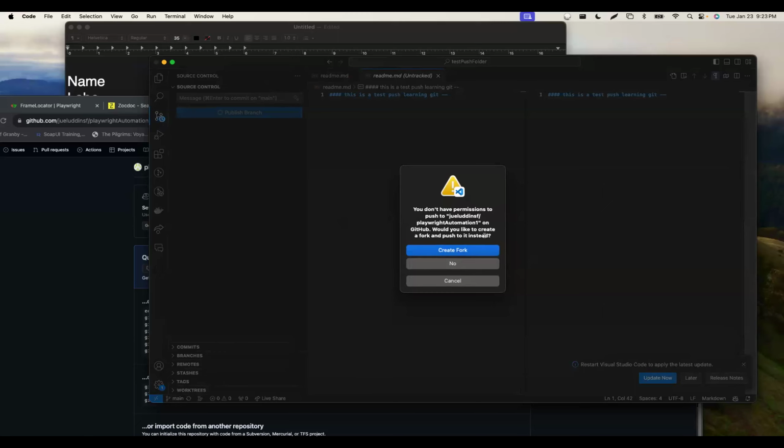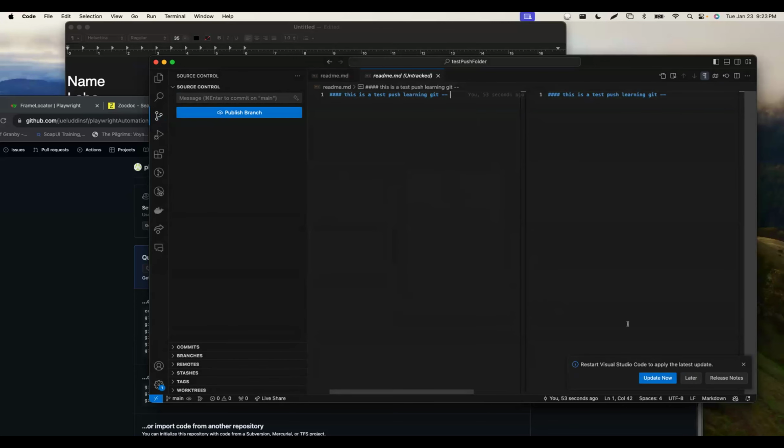You don't have... okay, would you like to create a fork push instead? No, I want to do fork push instead. So now I'm going to go back. I'm going to change which user this one belongs to. I think that's my problem, not yours. So you shouldn't see this again. So I'm going to go ahead and